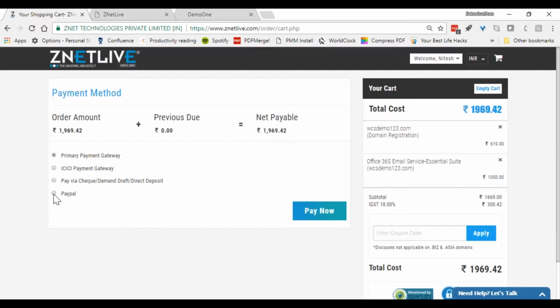Okay, and the other thing is, we have chosen a small subset of the payment gateways here. There are a few more other payment gateways as well, so you can choose to use any of those as well. So when the customer clicks on Pay Now, then the direct integration is established with the payment gateway. Services get provisioned automatically.